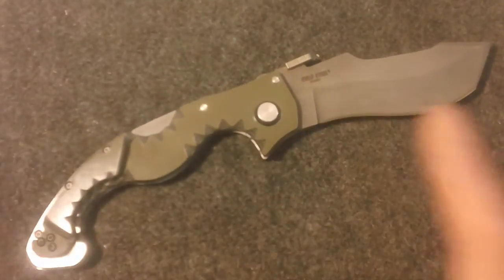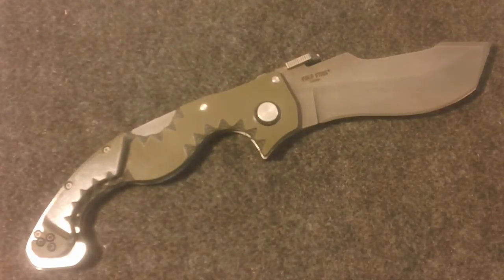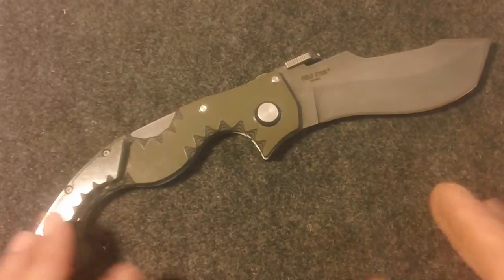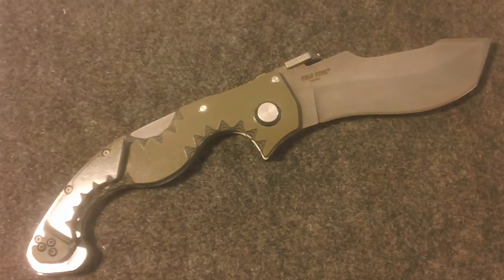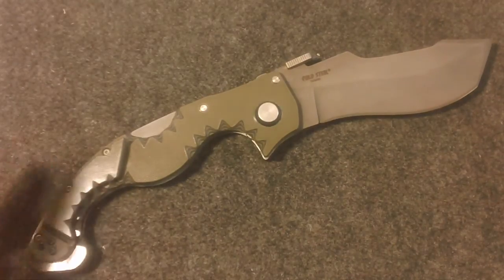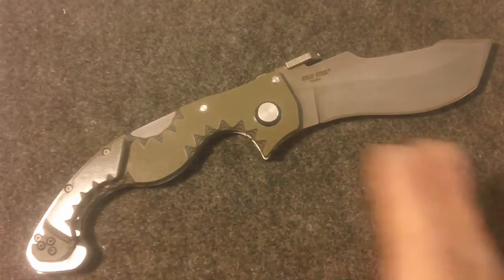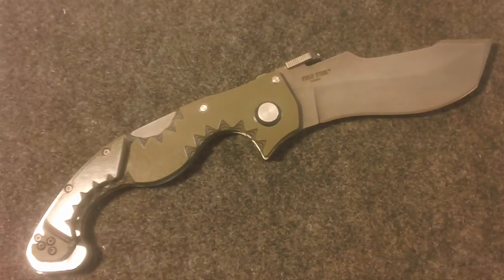And when I was approached to do this, I wanted to make this different than everything else out there. A lot of people have done pimp jobs to the Spartan, and it's limited to what you can do, except you can go crazy with the scales. But I really wanted to make this something that stood apart from everybody else's stuff. Not saying the other stuff out there isn't cool, because it all was cool. I've seen a lot of videos where I was like, that's a damn cool handle mod. But I just wanted to set this one apart from everybody else's,